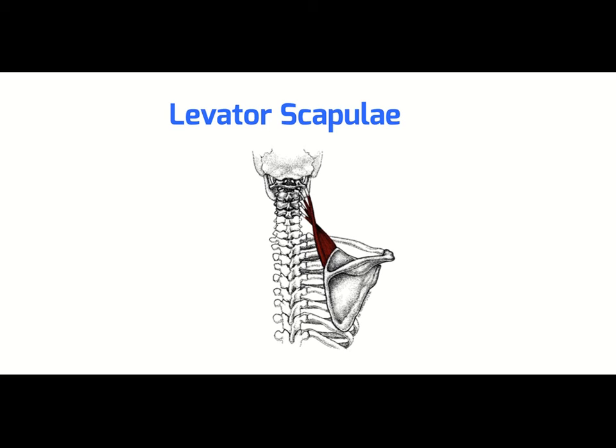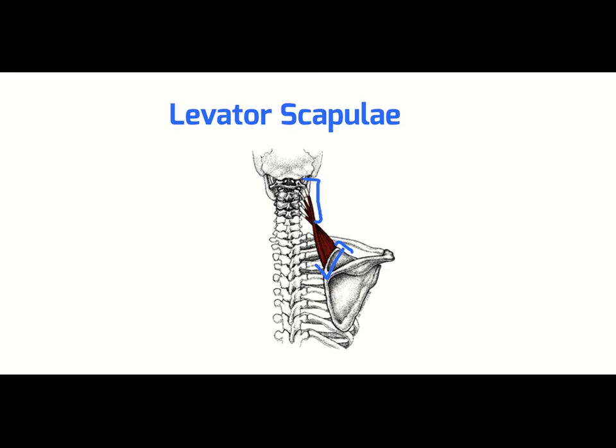It's a smaller muscle. So it originates on the transverse processes of the 1st through 4th cervical vertebrae. So through C1 through C4 is where those are going to originate on the transverse processes. And then it inserts onto the upper medial border and superior angle of the scapula. So right along here. It's innervated by the dorsal scapular and cervical nerves, again coming from that brachial plexus,